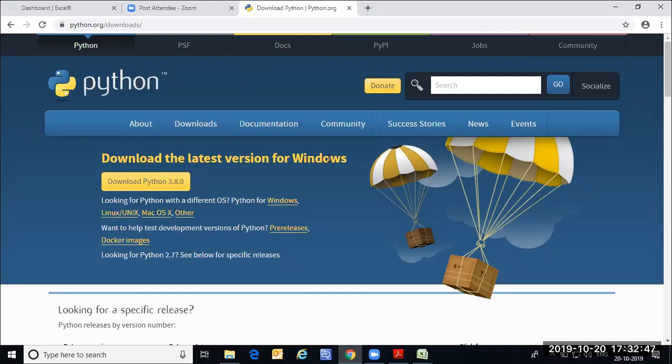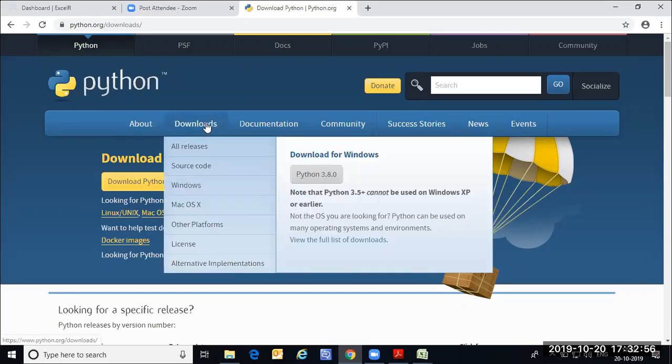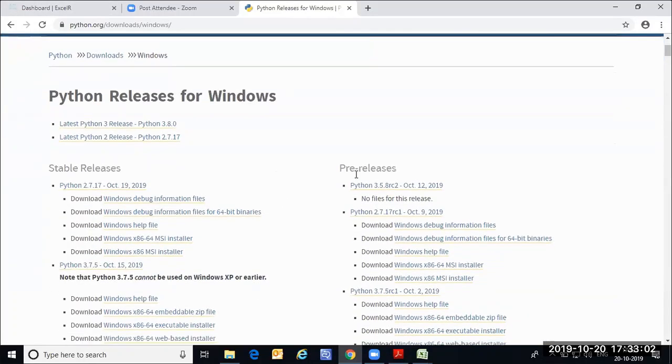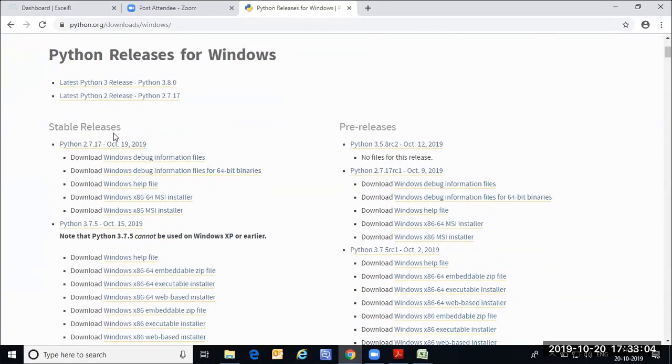Don't download the very latest version because these are all beta versions which are still under testing. Go to downloads, say Windows. Here it gives clear information about what all the stable versions we have and what are the other versions we have. Under the stable versions,